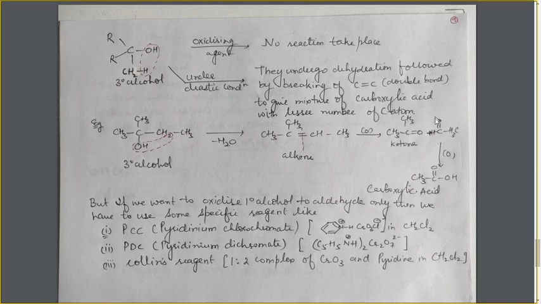CH3 C=O, and this C-H bond is converted into C-OH. You will get the carboxylic acid. What is the name of this carboxylic acid? That is 2-carbon carboxylic acid, ethanoic acid. What is the name of this compound? This 3-carbon ketone, propanone, and common name acetone. You should revise these names, as these names are included in every question.